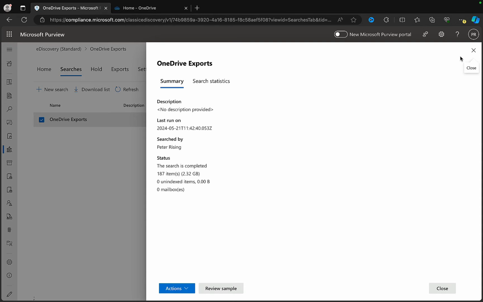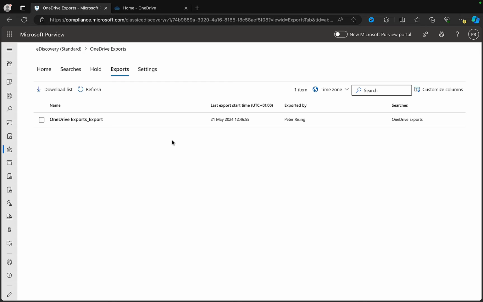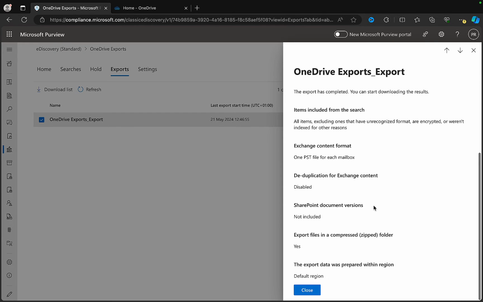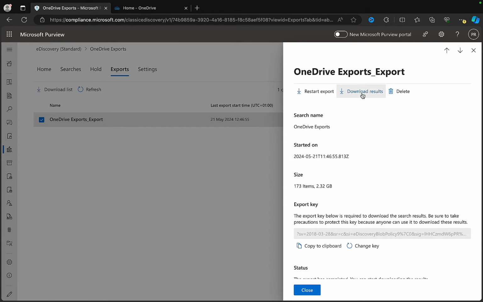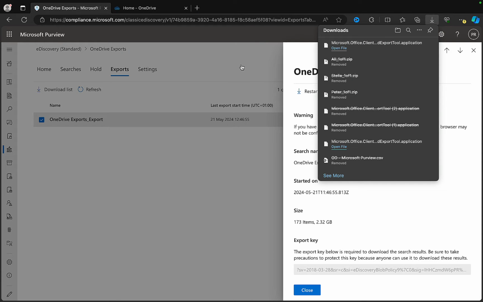So let's go now to our exports and see what we have got. So if I click onto here, we can see that that has been completed. It took a little while to complete. I had to refresh this a few times, and it's ready for us to download the results. So if I click on download the results, I am getting this wonderful